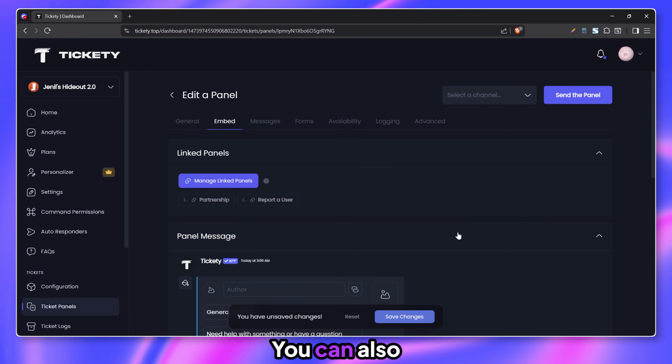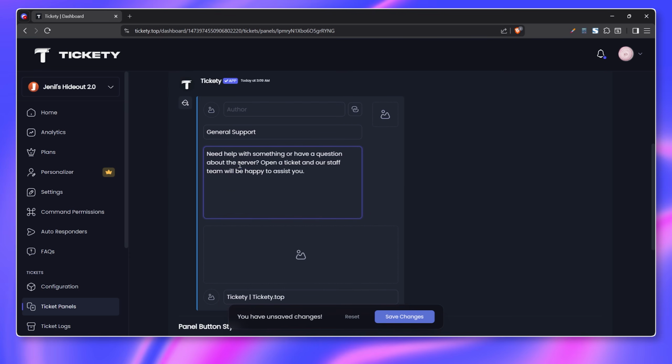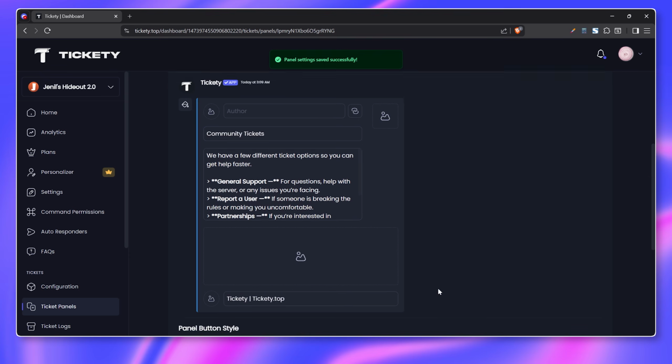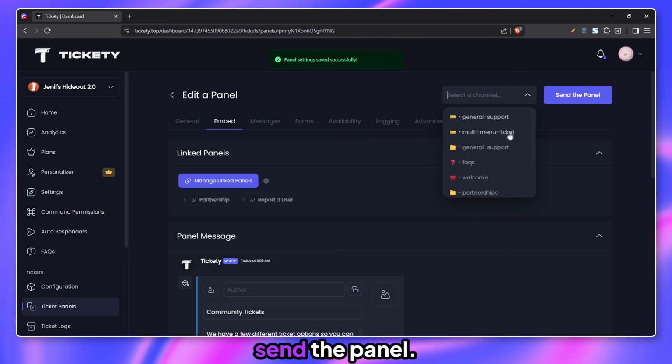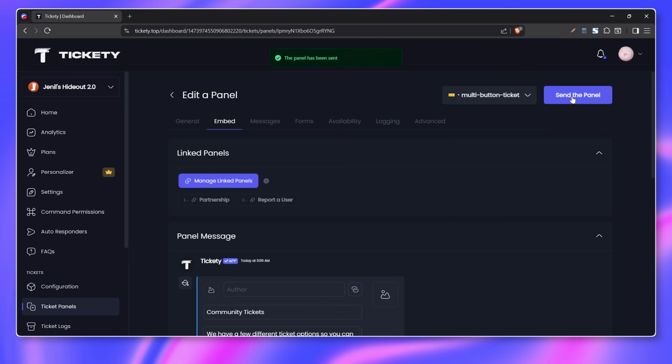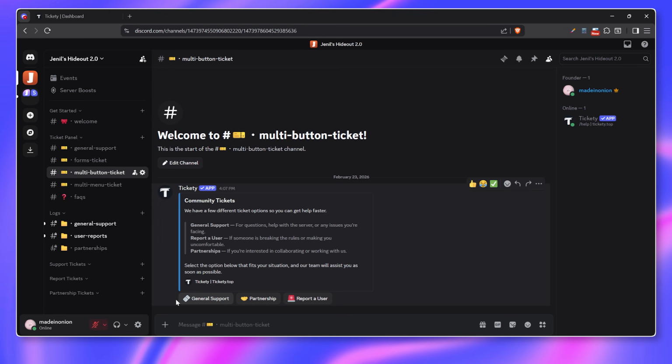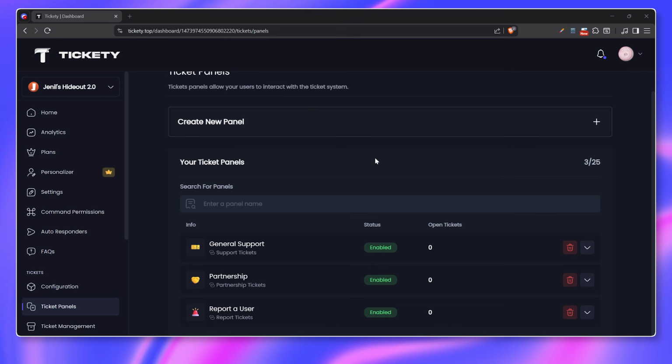If you want, you can also change the panel message. Select a channel, then send the panel. This is the final look of our multi-button panel. Now, let's see the